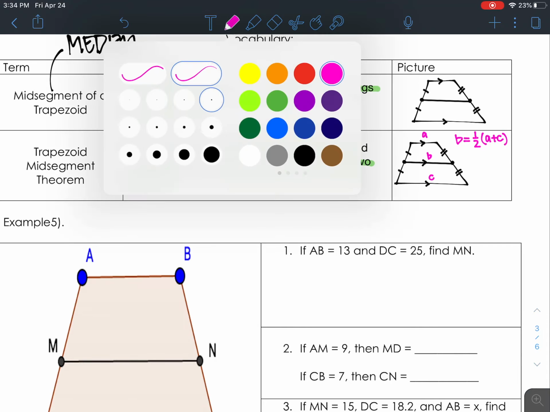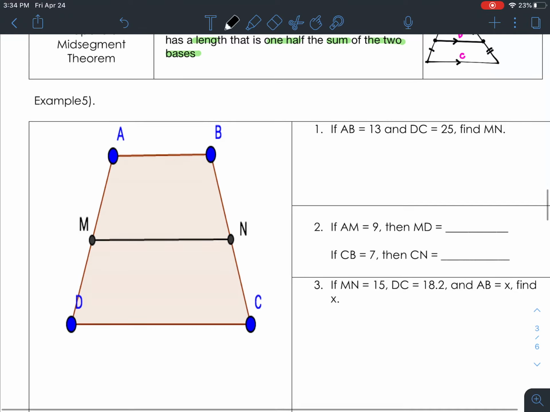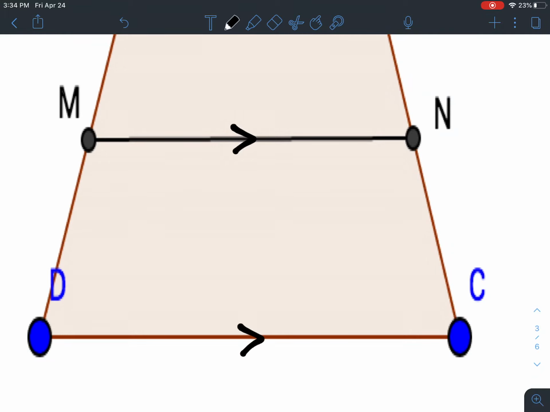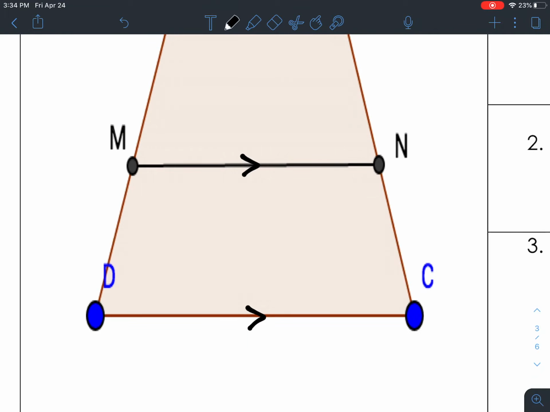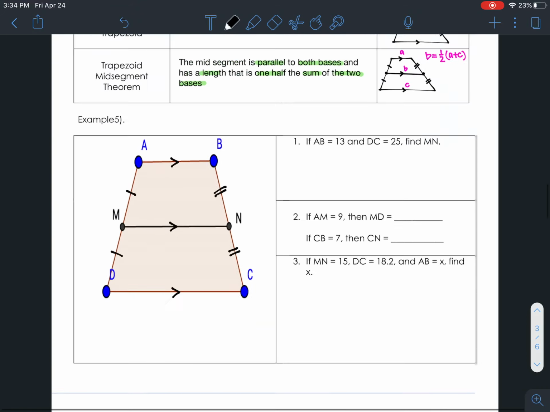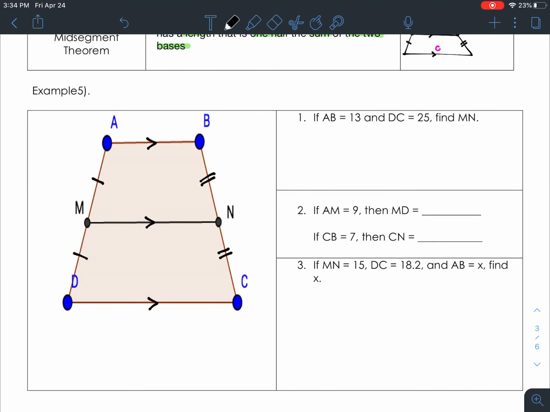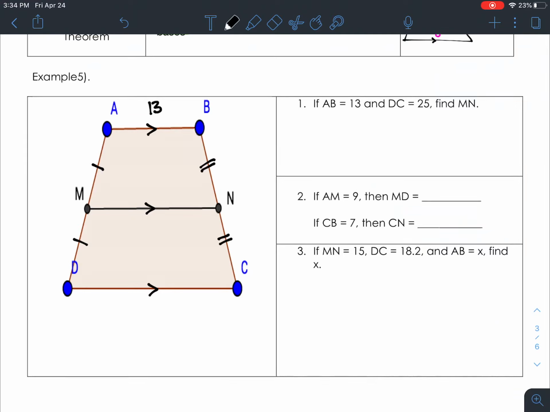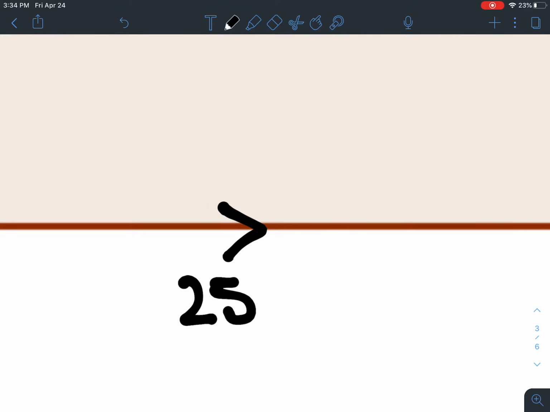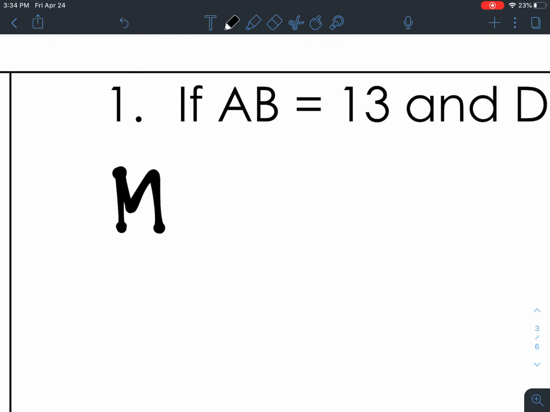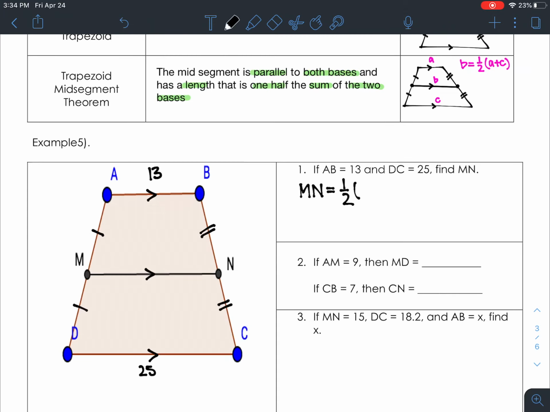Let's apply that now. In this example, I'm telling you that MN is the mid-segment. So let's go ahead and mark all these parallel. And if it's a mid-segment, what do you know about M and N? M and N are both midpoints, which means that this segment has to be congruent to this, and this has to be congruent to this. If you look at the first one, it's giving us that AB is 13, DC is 25, and we need to find the length of MN. We know that the length of the mid-segment, MN, is going to be 1/2 the sum of those two side lengths. So it's going to be 1/2 times the sum of 13 plus